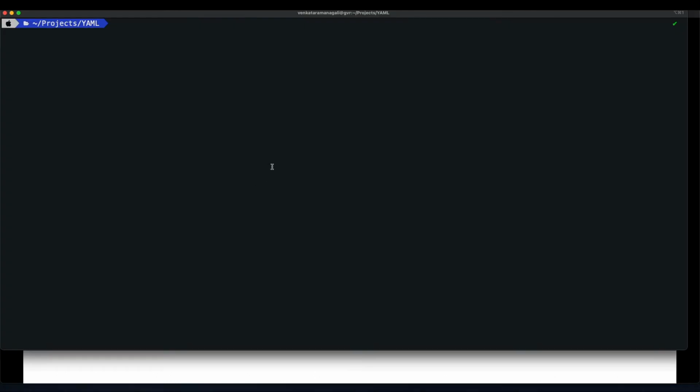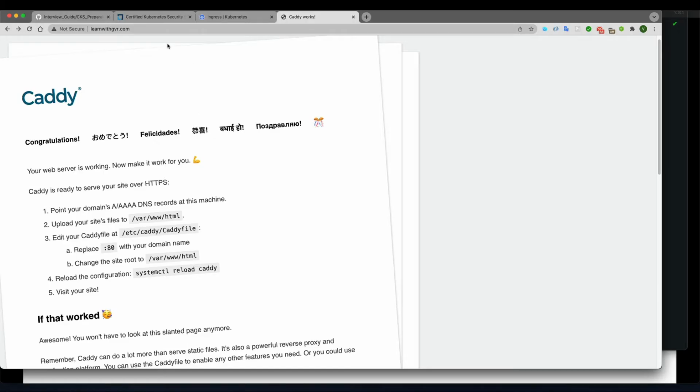In order to create a TLS key pair, there is a command which is OpenSSL. I have already done this one: openssl req -x509 -new key rsa, which is the encryption algorithm, with sha256, -nodes, -keyout, and I'm giving the name tls.key and tls.crt as the certificate. The subject is learnwithgvr, which is this one.